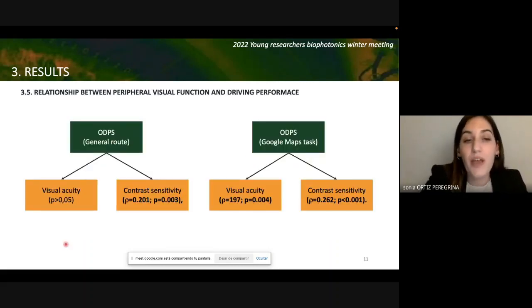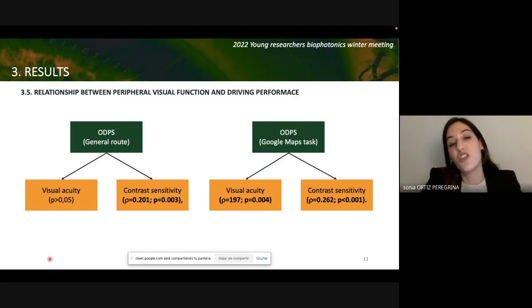As a final step, we wanted to study the relationship between driving performance and visual results. And we obtained a significant correlation between contrast sensitivity and the overall driving performance score for the general route. And the same correlation was found when participants were typing an address on Google Maps task. But in this case, we also found a significant correlation with visual acuity. So when they had worse contrast sensitivity or worse visual acuity at the periphery, they performed worse in the driving